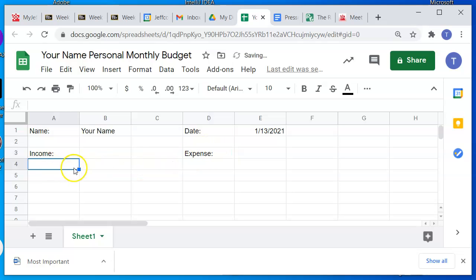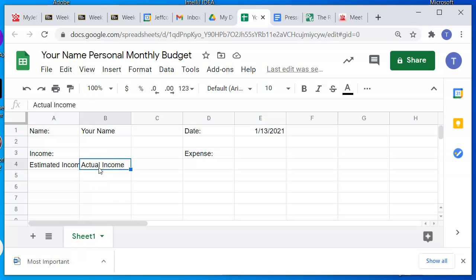All right, now we're going to break this down into a few little categories here. We're going to type in estimated income, because really a budget is about estimating and predicting what's going to happen in the future. Now, what isn't necessarily always part of a budget, but should always be something that happens with your budget, is a little bit of accounting. And what I mean by that is you actually come back to your budget after the month has passed. Okay, you estimate for a month ahead, but then you come back and you check to see how accurate your budget was. So we're going to have a heading called estimated income, and then we're going to have a heading